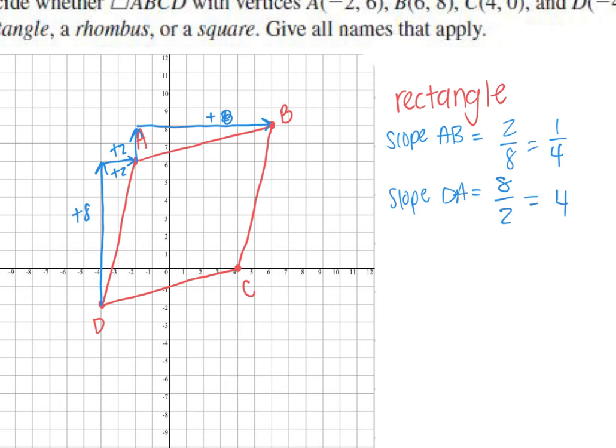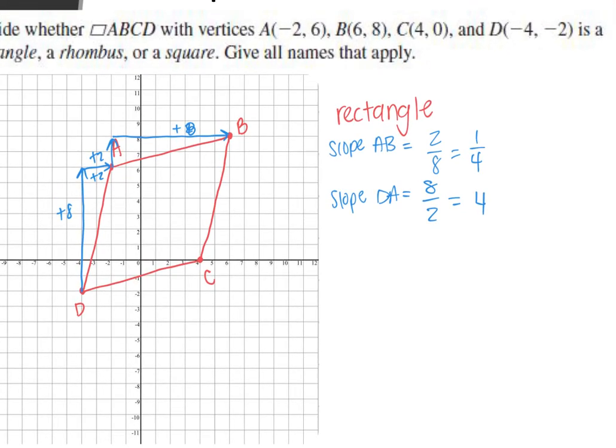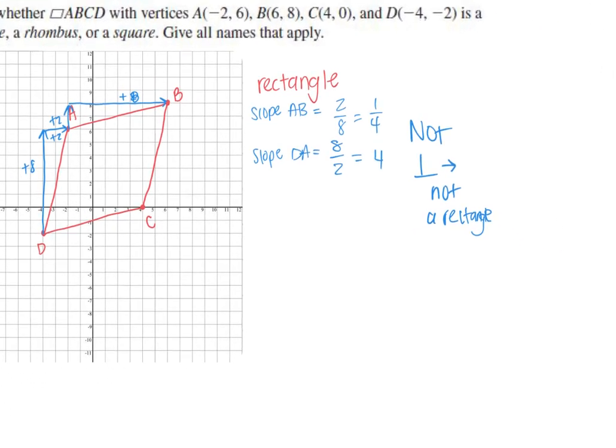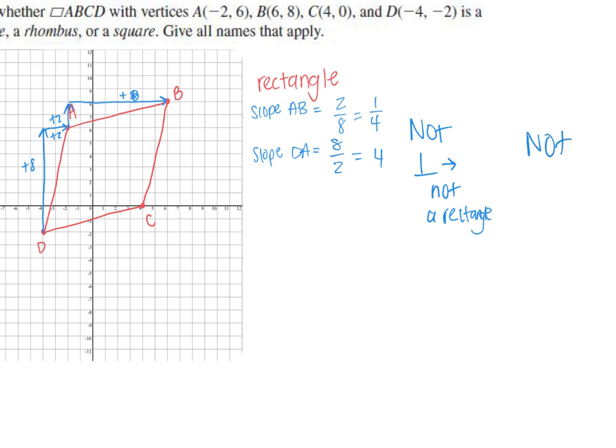So if it's perpendicular, they need to be opposite reciprocals. Are they reciprocals? Yes. Are they opposites? No. So are these two perpendicular? No. Not perpendicular. Therefore, it's not a rectangle. So if it's not a rectangle, what else is it not? Square. It's not a square. So just by that, we figured that out. Now, you also cannot just say because it's not a rectangle or a square,